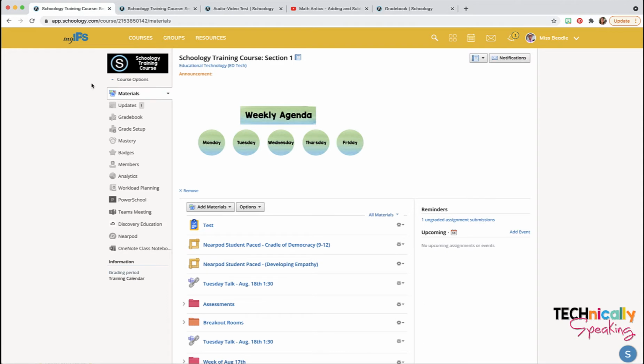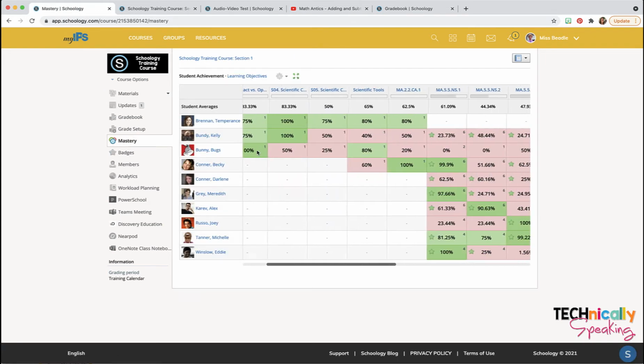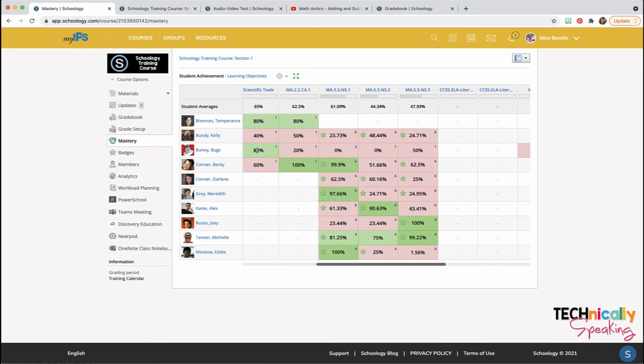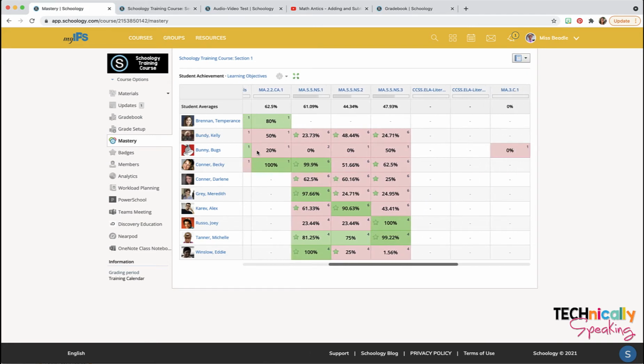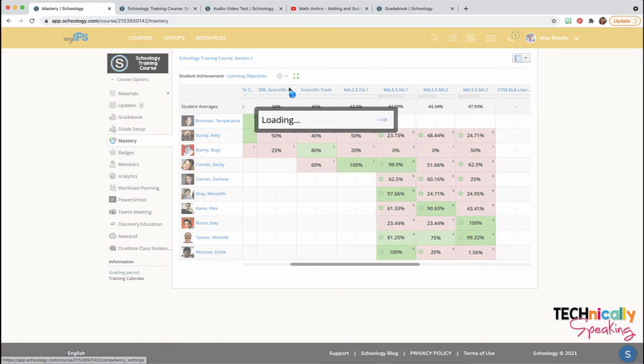When in your course, you can get to the Mastery section on the left side. The Mastery section is going to allow you to track how your students are doing on standards. There is a setup process to this, so if we click on the cogwheel, we click Mastery Settings,